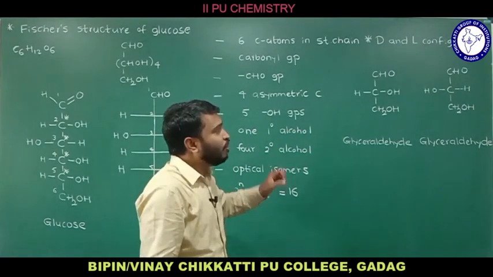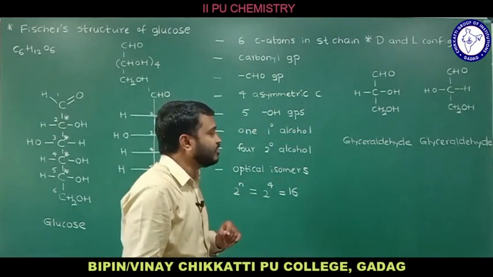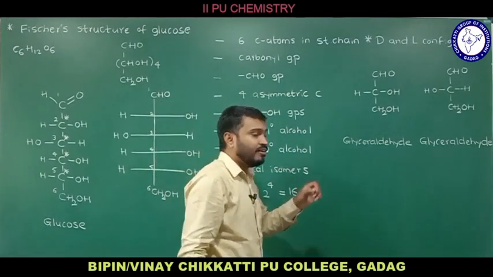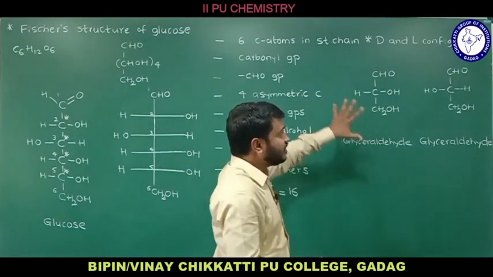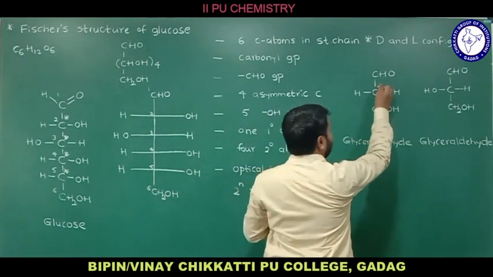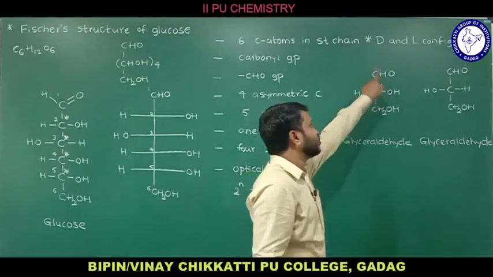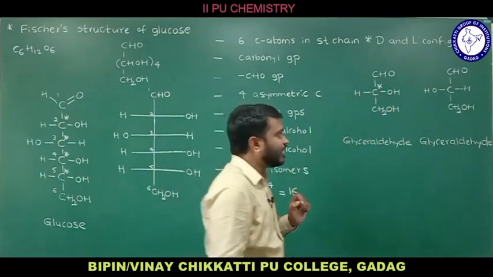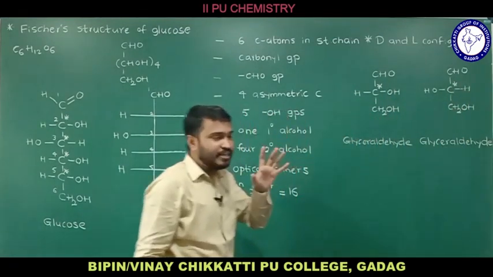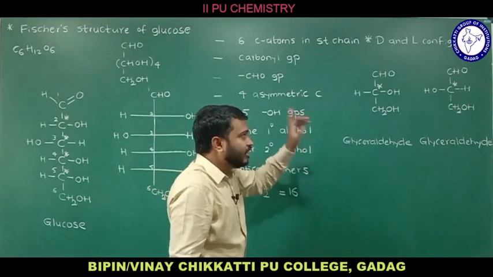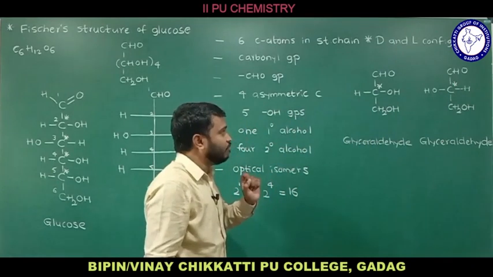Now if you want to name these compounds as D and L configuration, first you are going to see whether the given compound has an asymmetric carbon or not. If you consider this one, I hope you can easily guess that carbon number 2 is an asymmetric carbon, because this carbon is attached to 4 different groups. Similarly in this structure, the second carbon is the asymmetric carbon. So the first step is you have to identify the asymmetric carbon, and after identifying it, the rule says